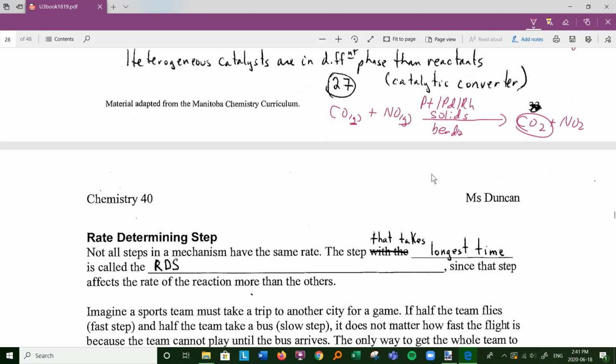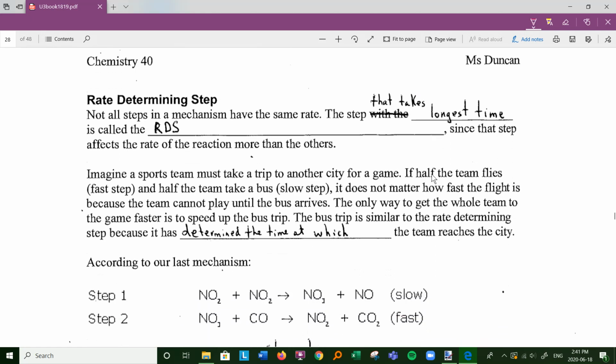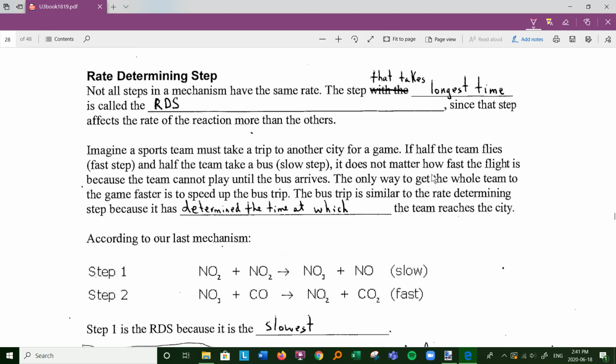Okay, so that's an RICE diagram. Now, in terms of reaction mechanisms, it turns out that not all the steps occur at the same rate. Some take longer than others. Sometimes you can have two of them taking way longer than the others, but we're going to simplify and just look at one step in the reaction mechanism being slower than the others. And that step is called the RDS. RDS standing for rate determining step, since that step affects the rate of the reaction more than any of the